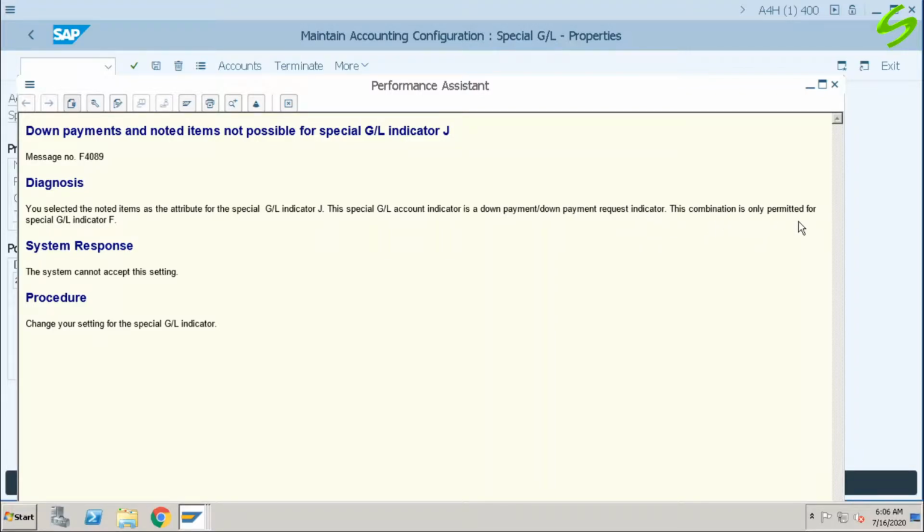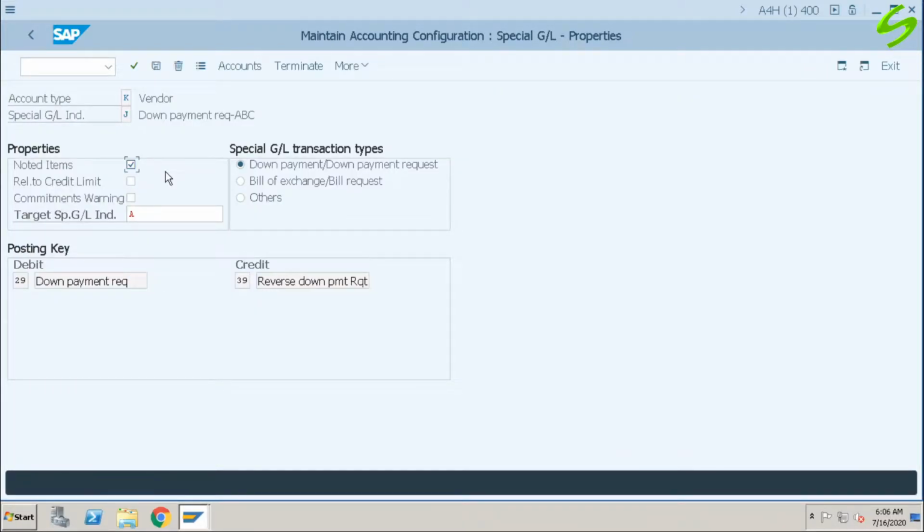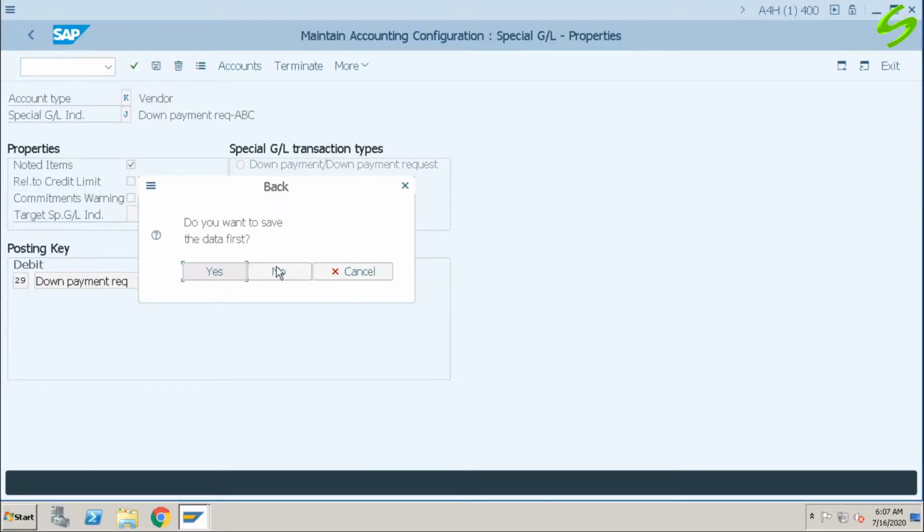This combination is only permitted for special GL indicator F. We can create an indicator for only noted items by selecting other, removing the target special GL indicator and selecting noted items. But we cannot create an indicator similar to indicator F. Let's go back.